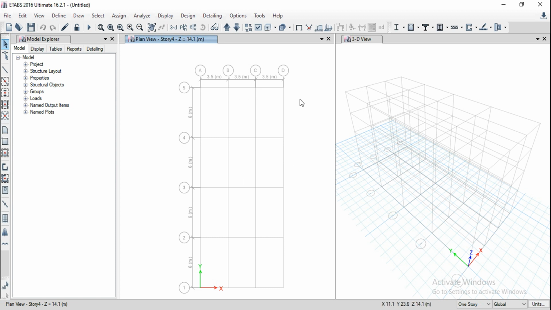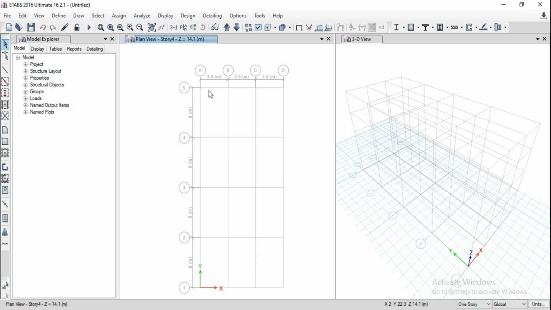So we will be getting a screen like this. If you see, there are 2 halves here. In this one we are getting the plan view, and here we are getting the isometric view, that is the 3D view. If you observe, since we are in the top view, the plan view, we are getting X and Y axis. So the XY plane is acting as the horizontal plane here, and we are getting all the 3 axes in the 3D view.